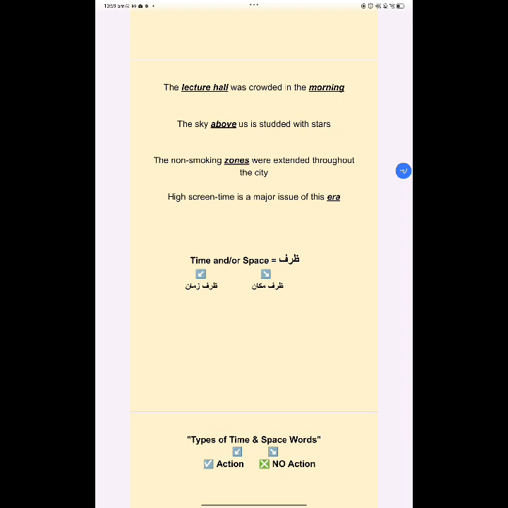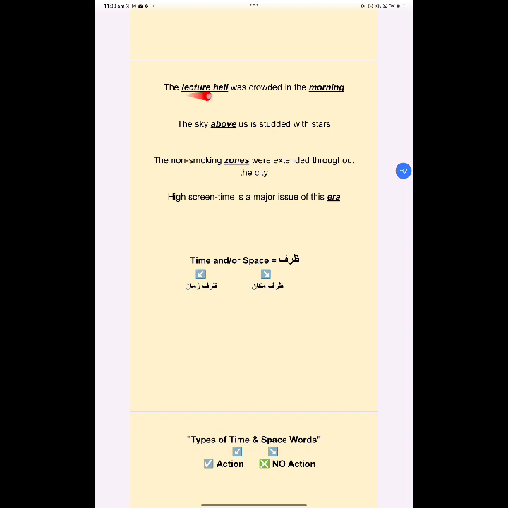What I need you to do is pause the video and highlight the words or point out the words that in any way tell you about the place or time of any action. All right. So pause the video for about a couple of seconds and just give it a read. Okay. So you already have the highlighted words here or the answers here.